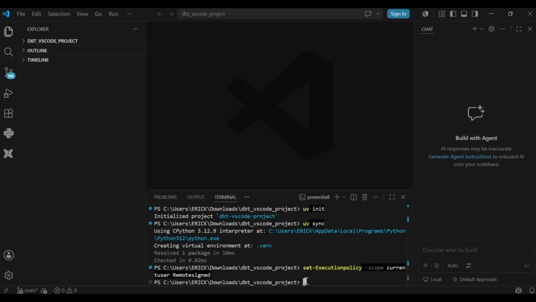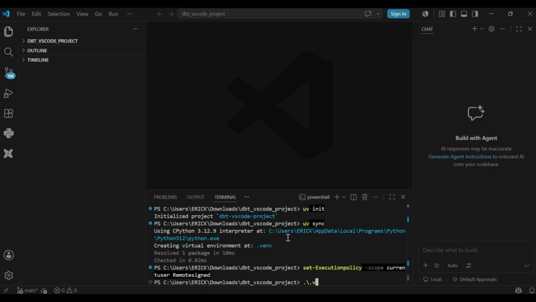So to activate, just write dot, then stroke, and then you enter this one here. You enter this one depending on the environment that you've been provided. Just write dot stroke and then you enter your environment, the virtual environment. So for my case it is this one here. So dot